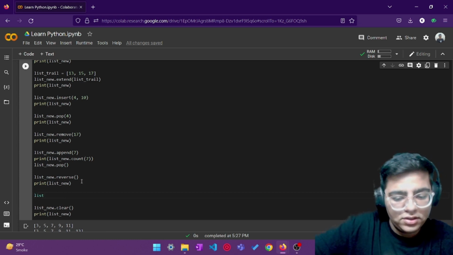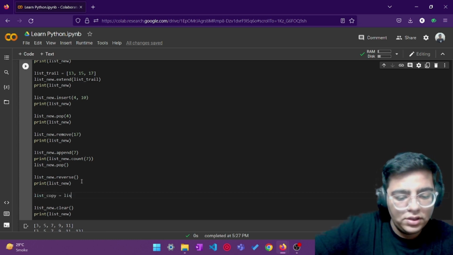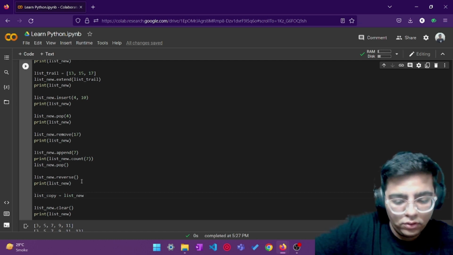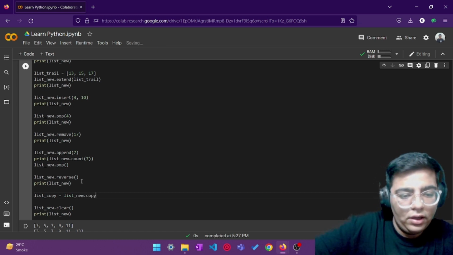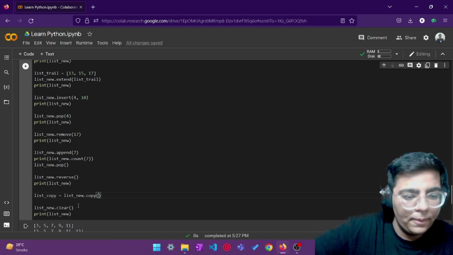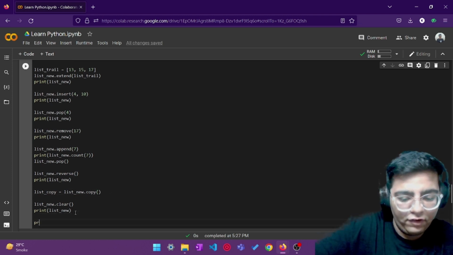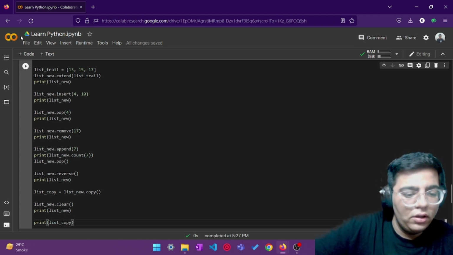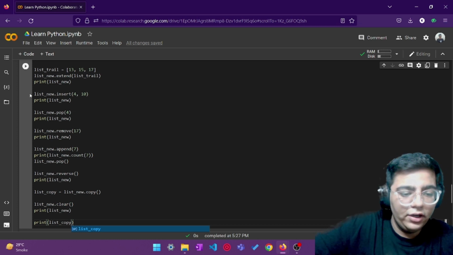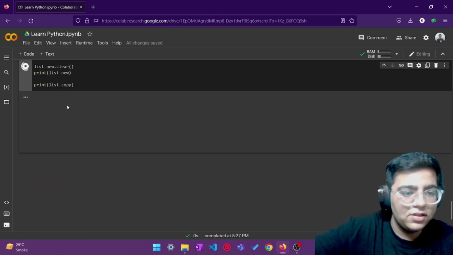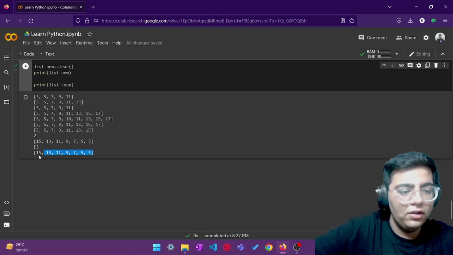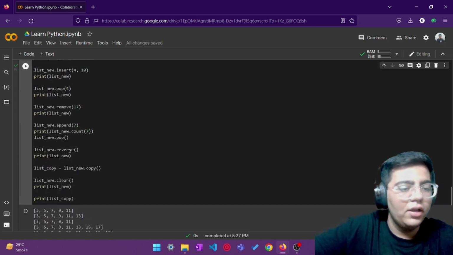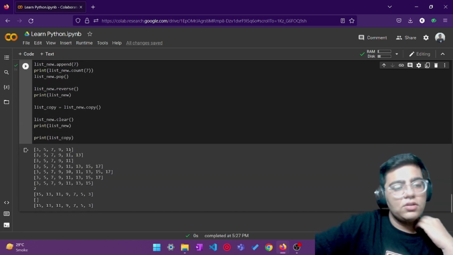So list underscore copy equals to list underscore new dot copy, and then if I clear this, and then if I were to print list underscore copy, even though the list underscore new has been cleared, list underscore copy will still exist, and even after clearing we'll get the list as it was, right? So those are all the functions on